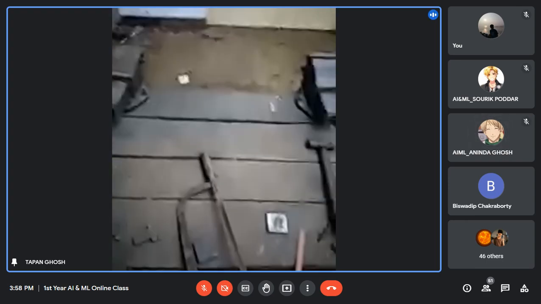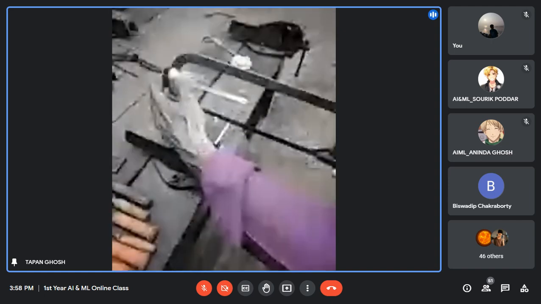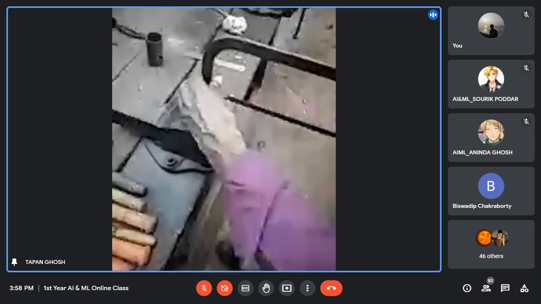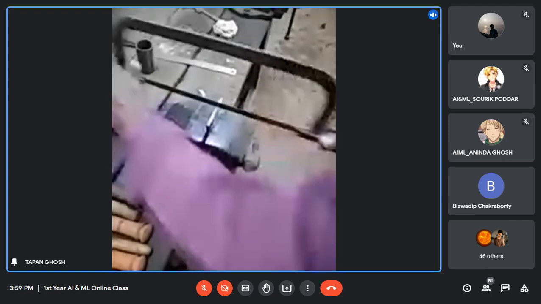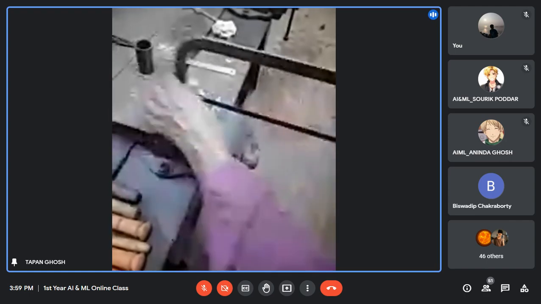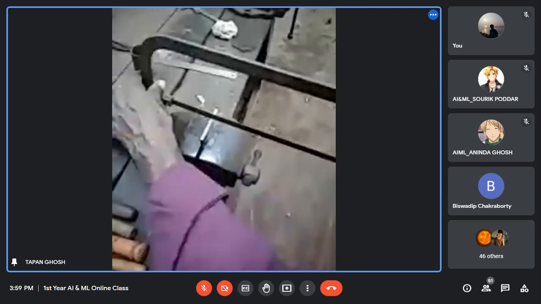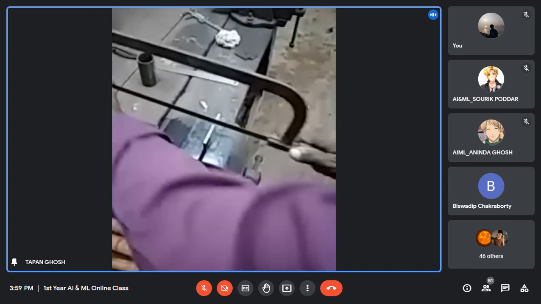I will show you. You hold the handle and hold it here like this way, and then move the cutting instrument, that is called hacksaw, to and fro and cut it like this way.